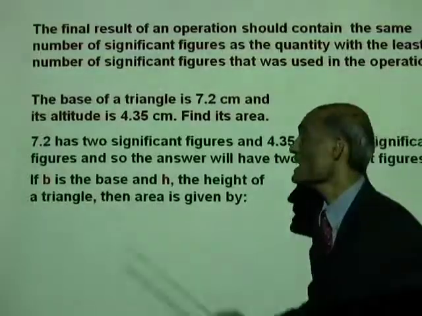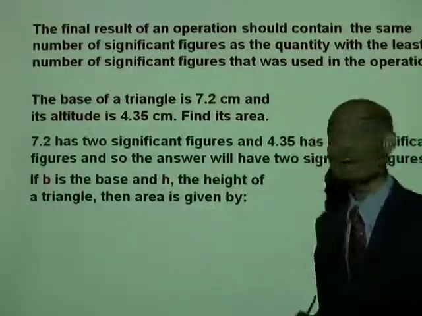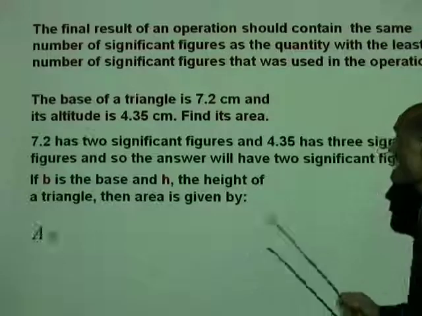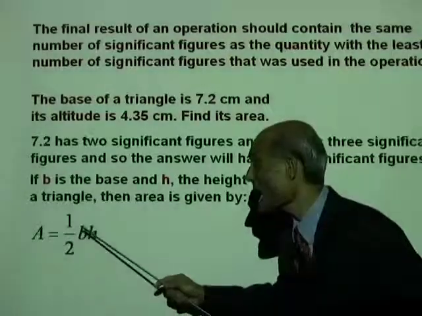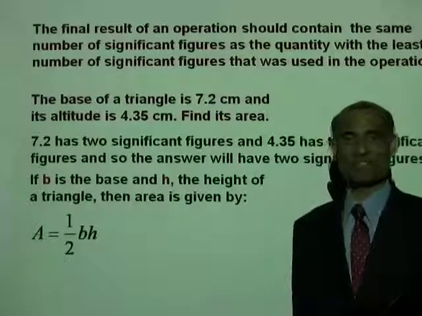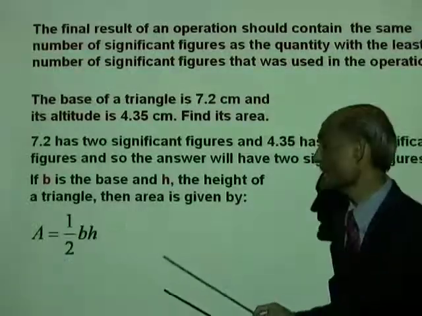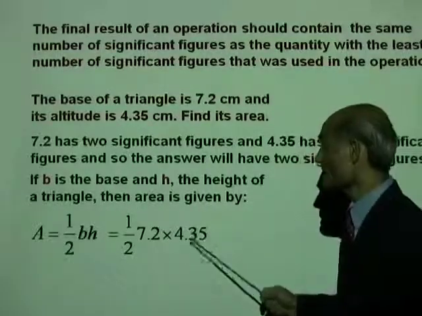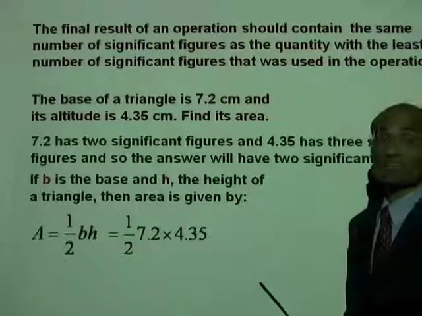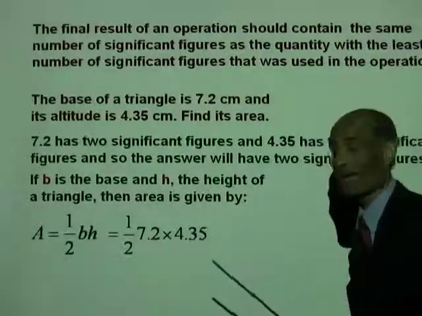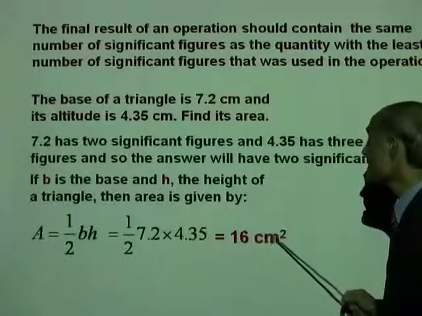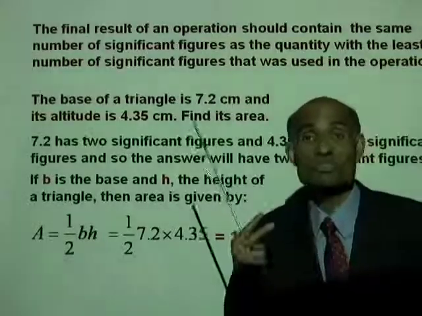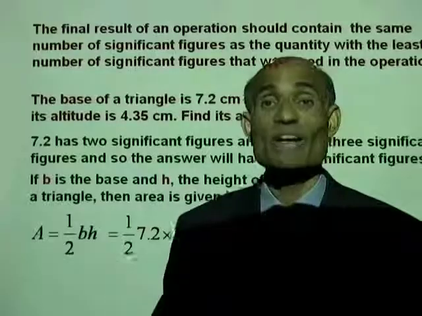Alright? If B is the base and H is the height of a triangle, then the area of the triangle is given by A equal to 1/2 of BH. Well, we know the base, we know the height, so that will be 1/2, 7.2 centimeter times 4.35 centimeter. You should write those units there, which is 16 centimeters square. You can see I wrote the answer using 2 significant digits, and that is what I expect you to do